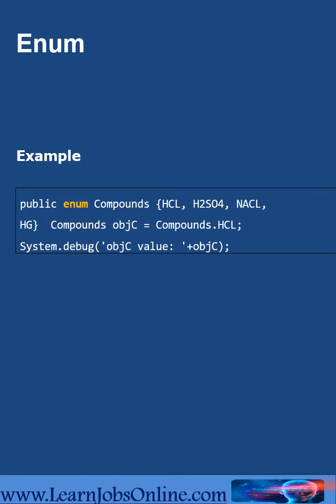Enum is an abstract data type that stores one value of a finite set of specified identifiers. So we can use the keyword enum to define an enum, and it can be used as any other data type in Salesforce, as shown in the example, where we declare the possible